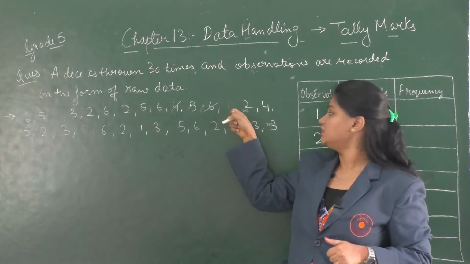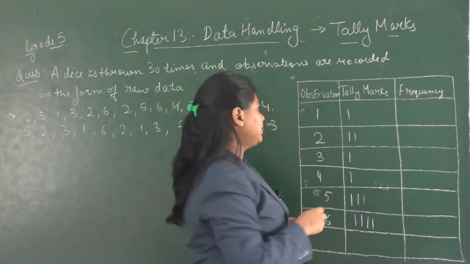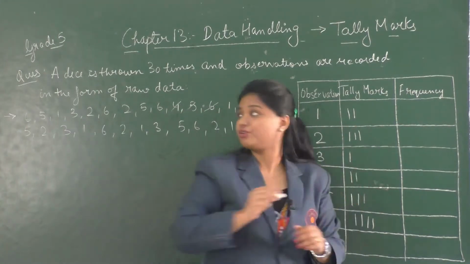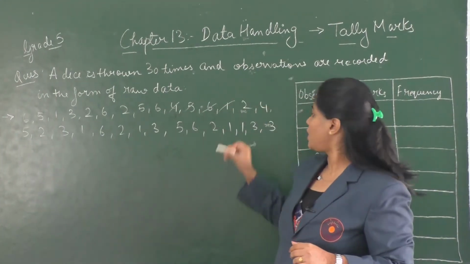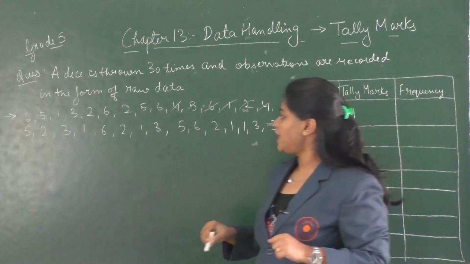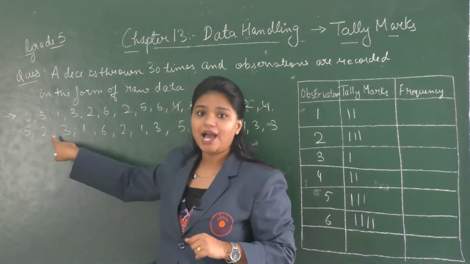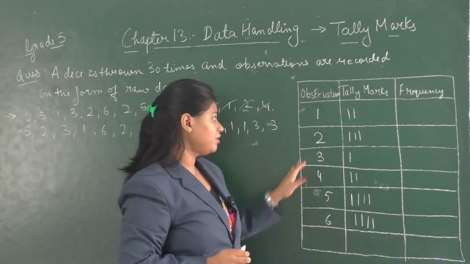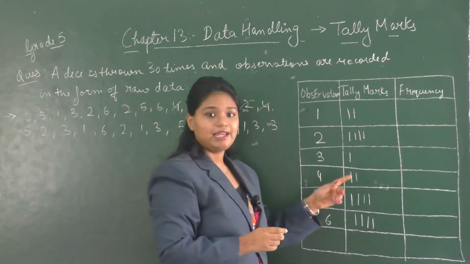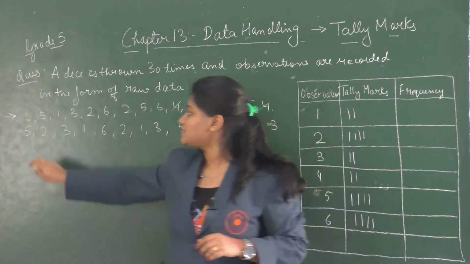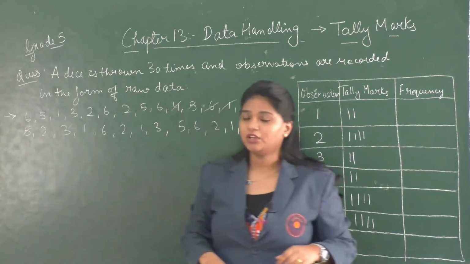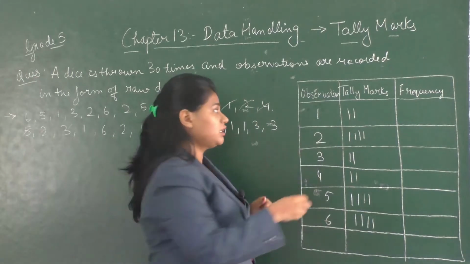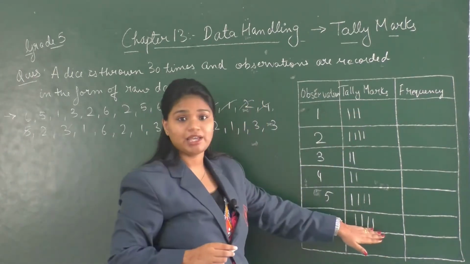Next we have 1, 2 and 4. So let's add the tally mark against 1, 2 and 4. So let's cross the digits 1, 2 and 4. Next we have 5, 2 and 3. So here we will add one tally mark against 5, next against 2 and next against 3. So let's cancel 5, 2 and 3. Further we have 1, 6. So we will add one tally mark against 1 and next tally mark against 6.